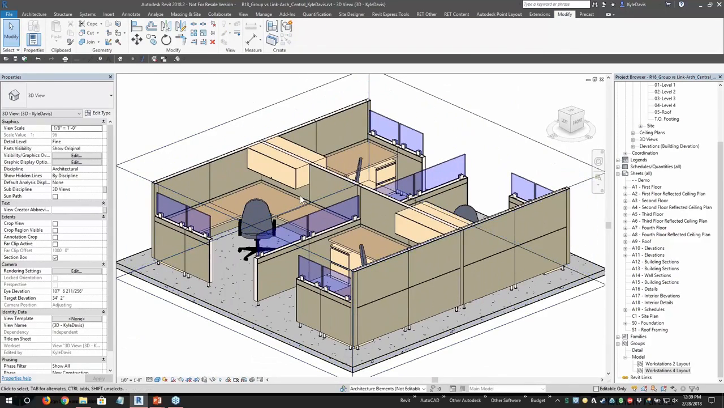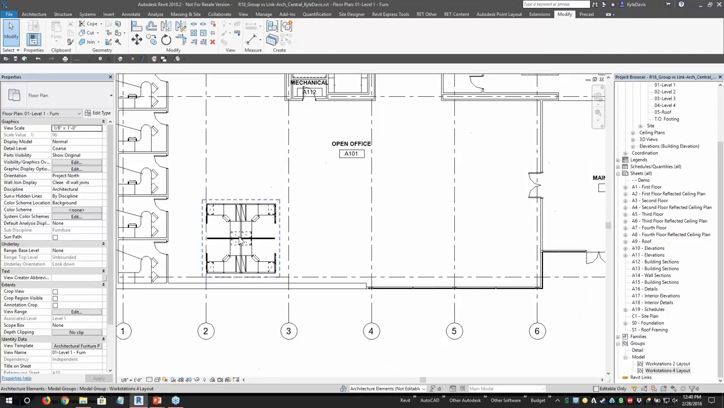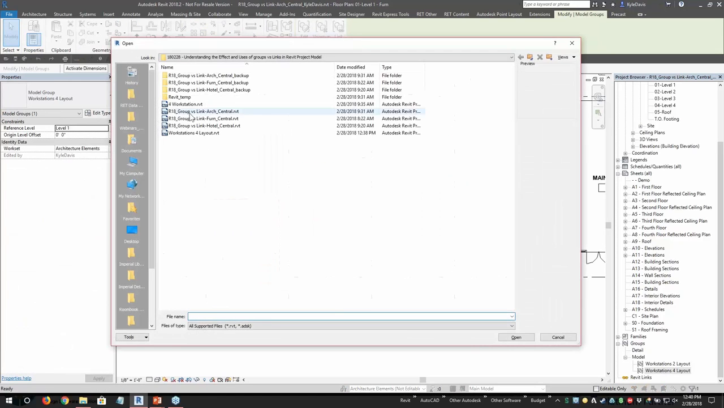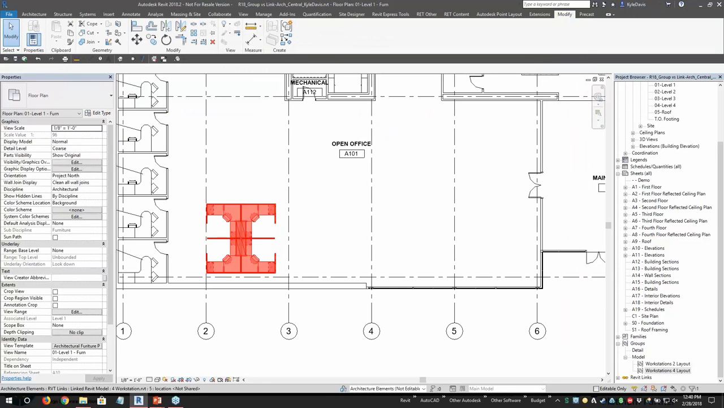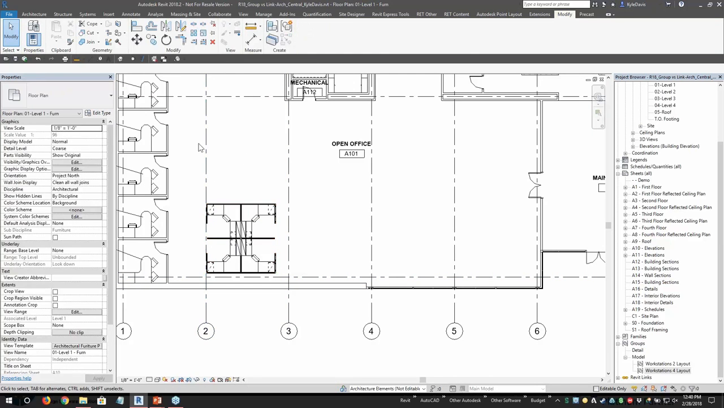So I have the workstations with some of the glass in here and where the walls are, and I'm going to convert that to a link I made earlier. I'm going to replace with existing, and I'm going to pick one of my other ones in here, and it's going to convert it to that one. So now if I go back to my 3D view,